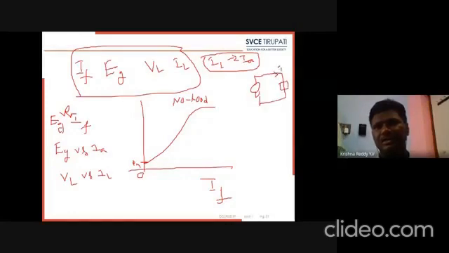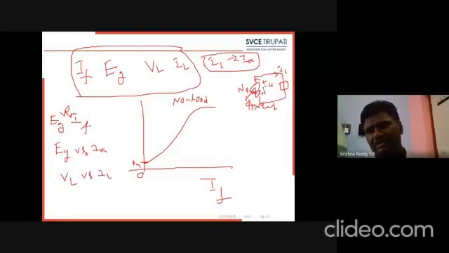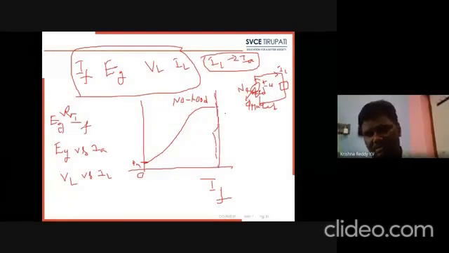When we close the switch, we have a closed circuit. The current flows through the closed circuit. The current flowing through the armature winding is the same as the current flowing through the load. In this case, we are rotating the armature at rated speed, and also supplying the rated flux. When we give the rated flux and rated speed, we get the rated voltage. Now I am closing the switch. Under no load condition, we get the rated voltage like this.